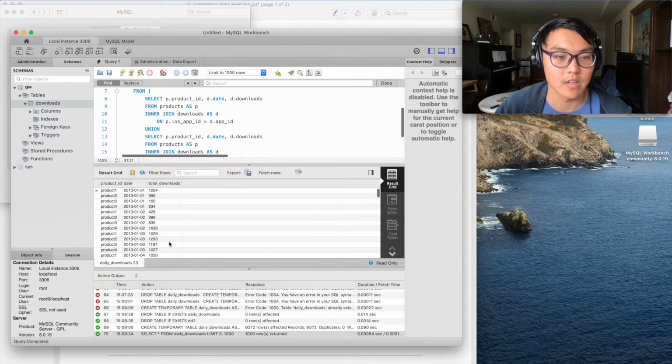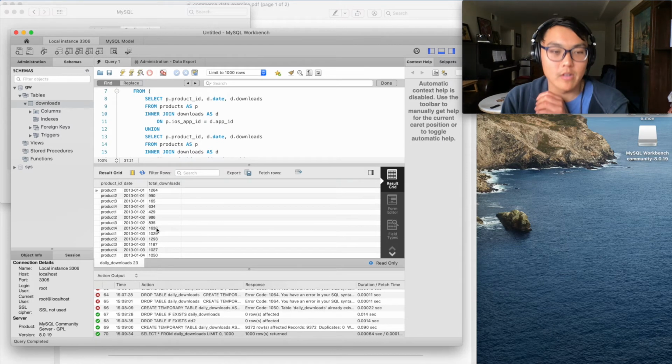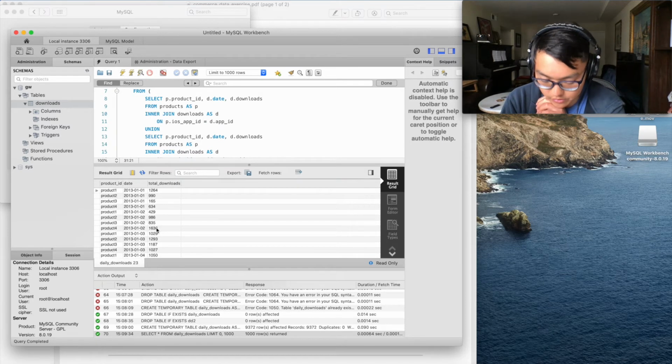Okay, so now what we want to do is get this trailing average. First we got the total number of downloads for Android and iOS together, and now we want to look at trailing averages. To get trailing averages, there's one pretty effective way of doing it, and because we're in MySQL we're a little bit limited, but effectively what we have to do is make